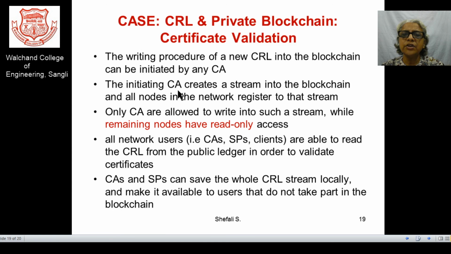The initiation by the CA creates a stream in the blockchain, and all nodes in the network register to that stream. Whatever nodes are there, maybe service providers, maybe certificate carrying entities. Only CAs are allowed to write into such streams, while the remaining nodes have read-only access.